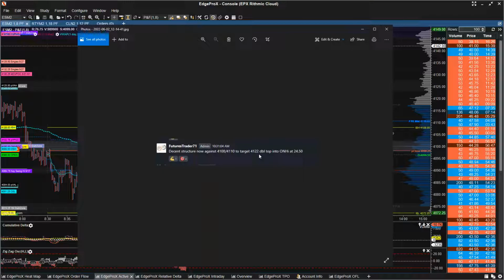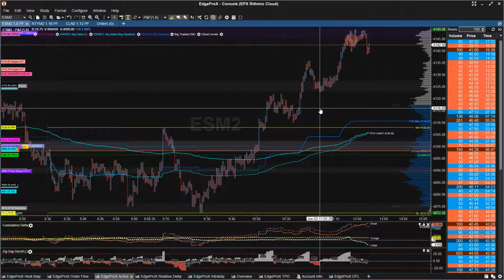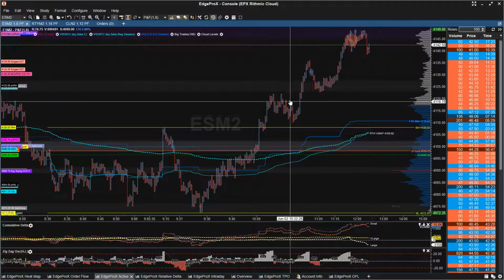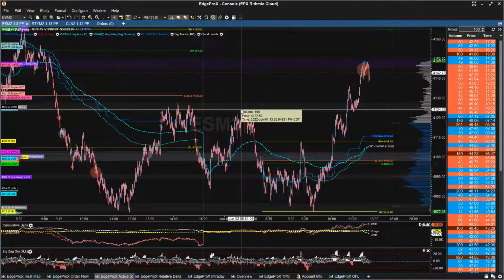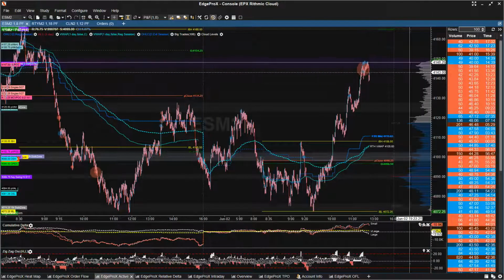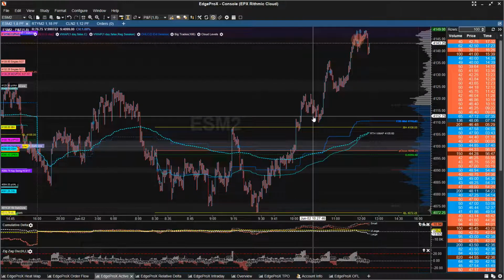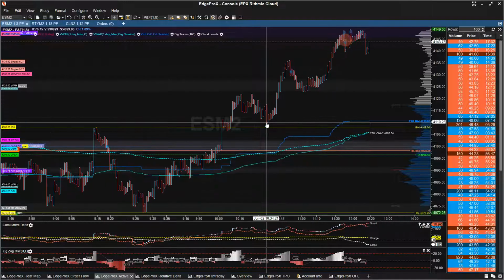The stop, as I discussed earlier in the chat room, is 3 points. So right there, we're getting 12 to 14 points versus 3 points, giving us a really good R factor with scale outs, about 2.5 R with scale outs. And then after that, we're going for the overnight high right up here, 24.5, right? Going for 24.5. So if you are trading mechanically, again, which is recommended for someone who's still working through their